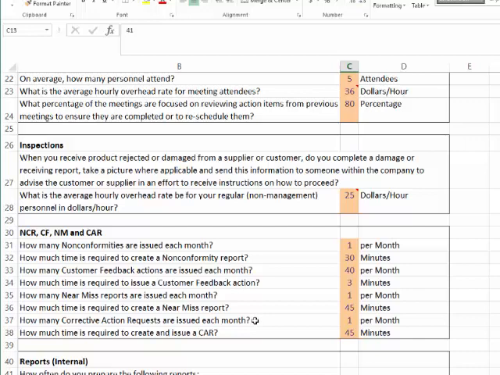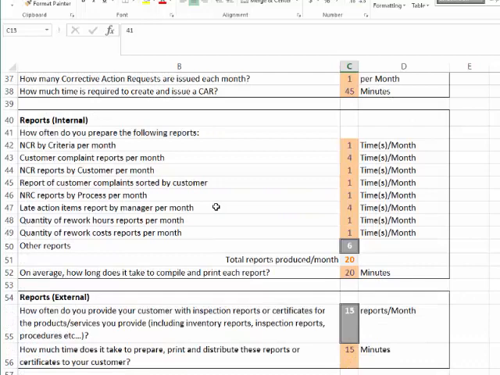Corrective actions. Not every nonconformity, of course, requires a corrective action, but based on customer feedbacks, let's say we're doing about one a month, and again, they're a little bit more involved, so the corrective action request takes about 45 minutes to compile. This next section is on reporting, the number of reports you have and the time it takes